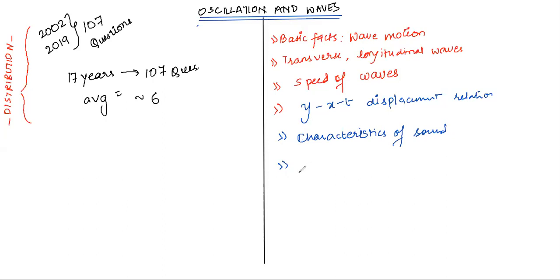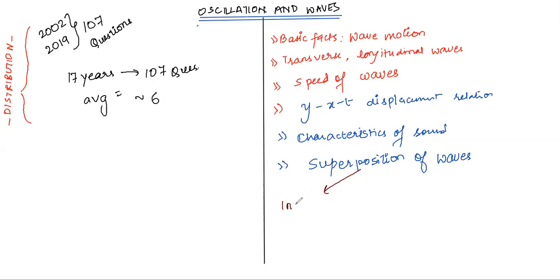Then this chapter talks about the principle of superposition of waves. That is two waves coinciding. That is what the concept is. So there are different conditions in which waves can superimpose, and each condition can produce a different effect. So the effects are as under. Three things can happen whenever two waves superimpose.